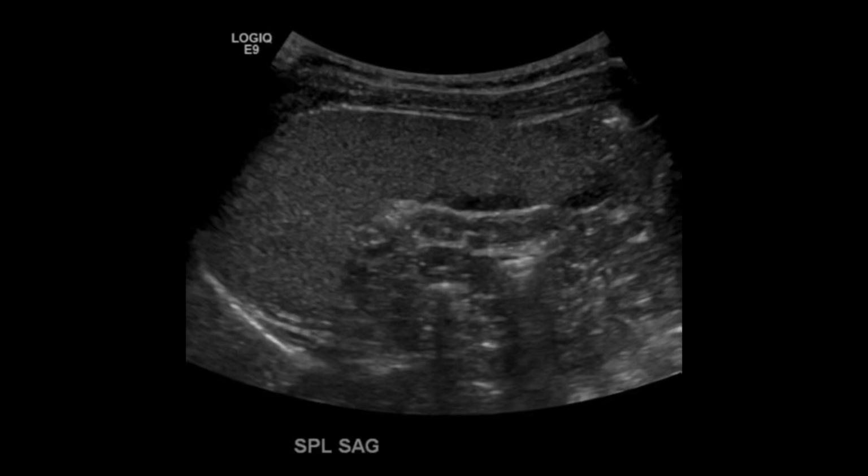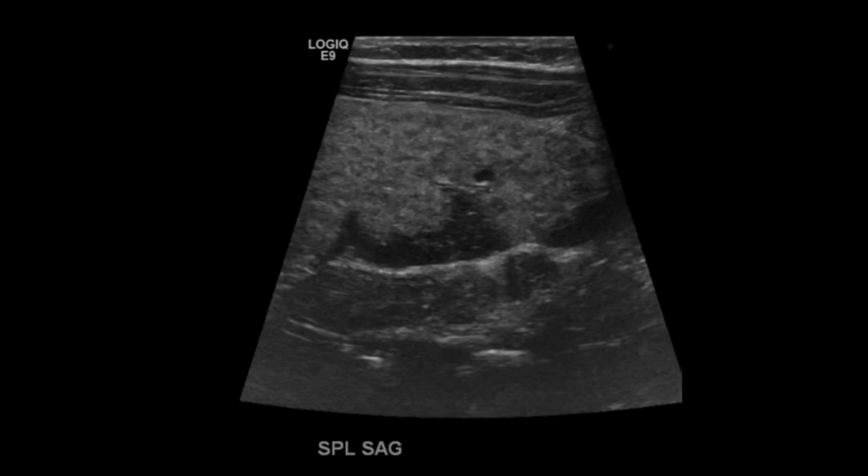Here's a spleen for splenomegaly. So I began with the curved transducer, and for the most part the spleen looks normal. But there were these two hypoechoic areas here that kind of stood out. So there was no splenomegaly, but I grabbed the linear transducer, and here you can see the spleen is very